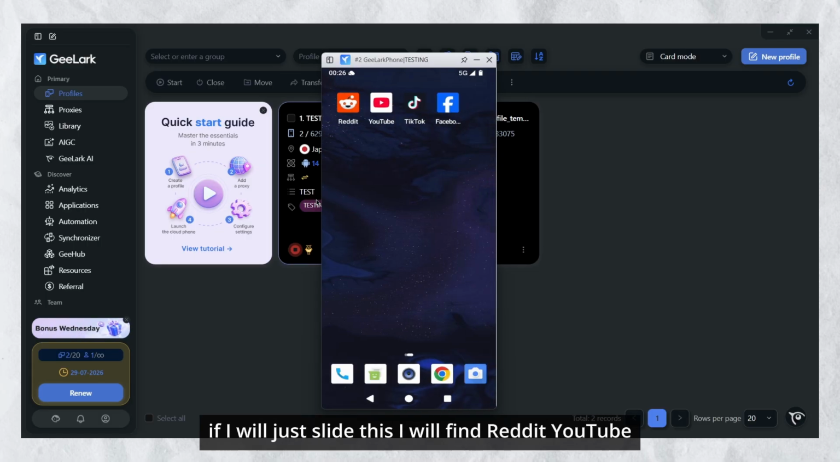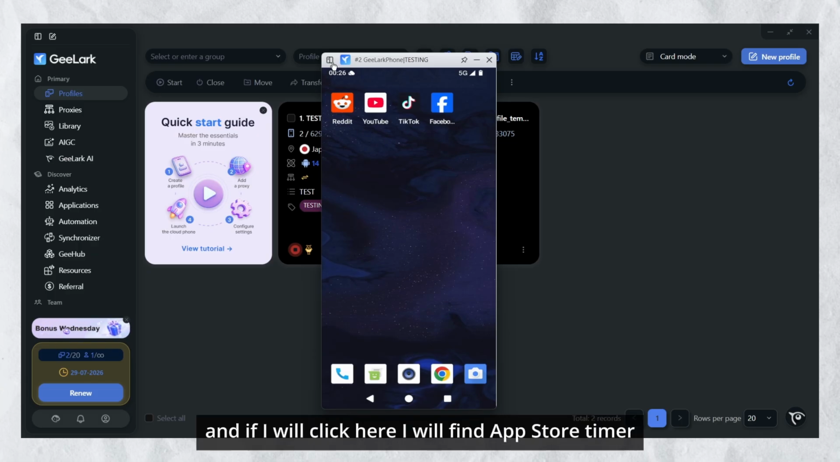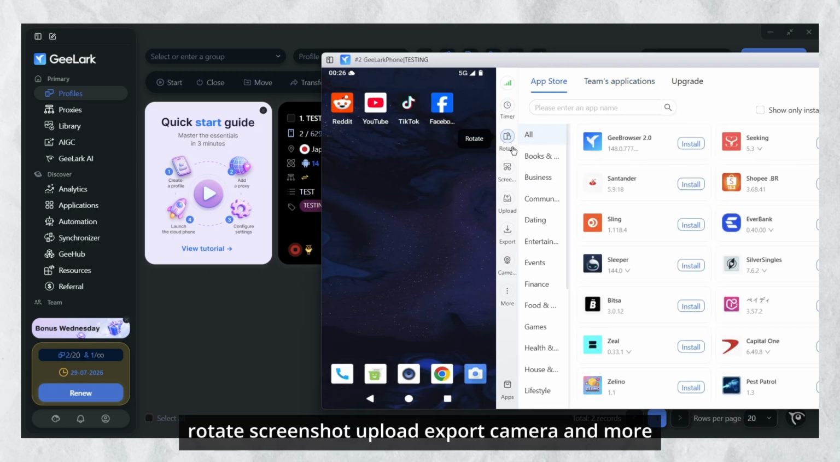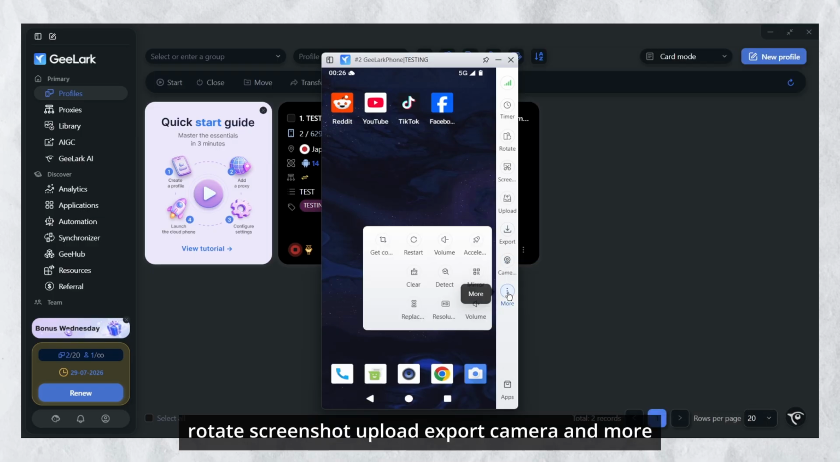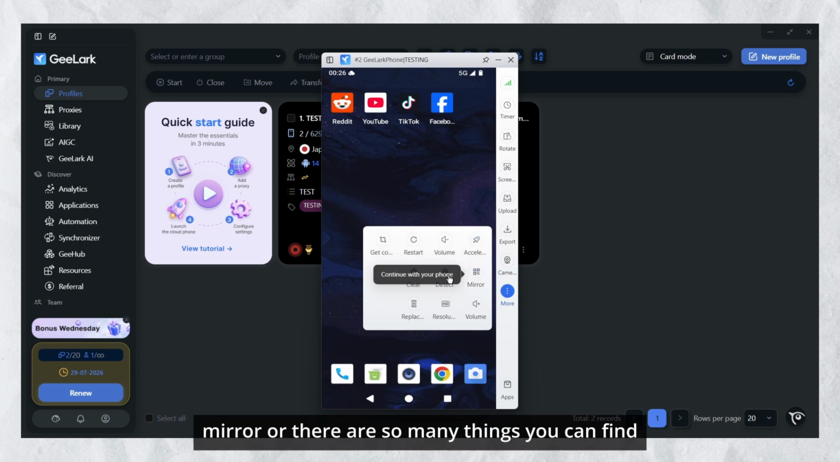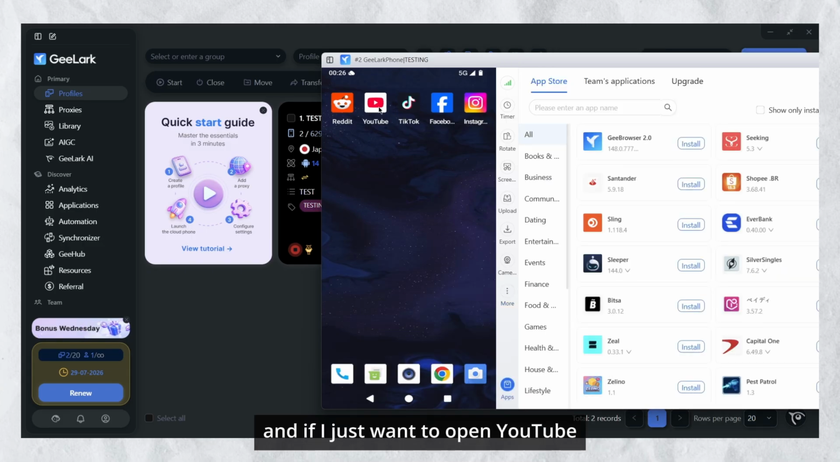If I just slide this, I will find Reddit, YouTube, TikTok, Facebook. And if I click here, I will find App Store, timer, rotate, screenshot, upload, export, camera, and more. And from here I can get coordinates, restart, volume, accelerate, mirror, or there are so many things you can find. And if I just want to open YouTube,